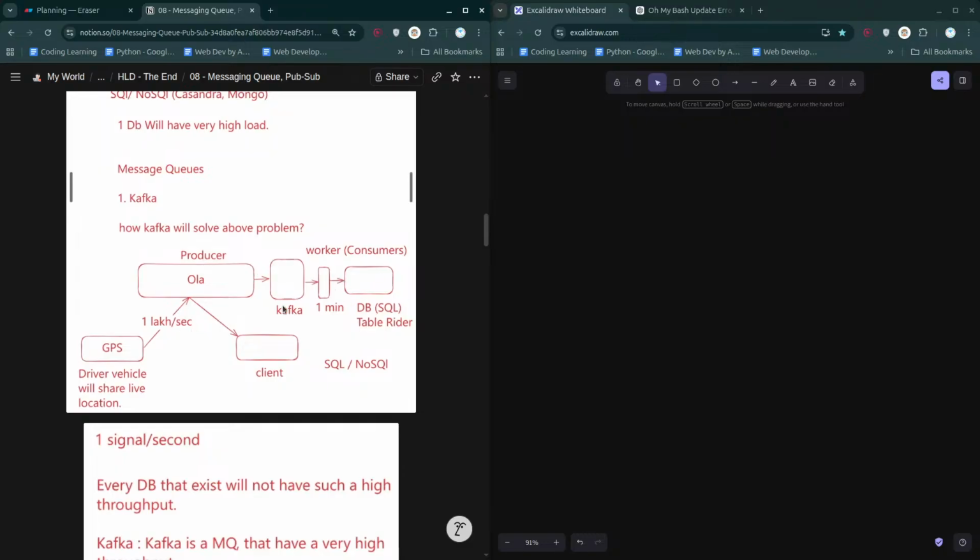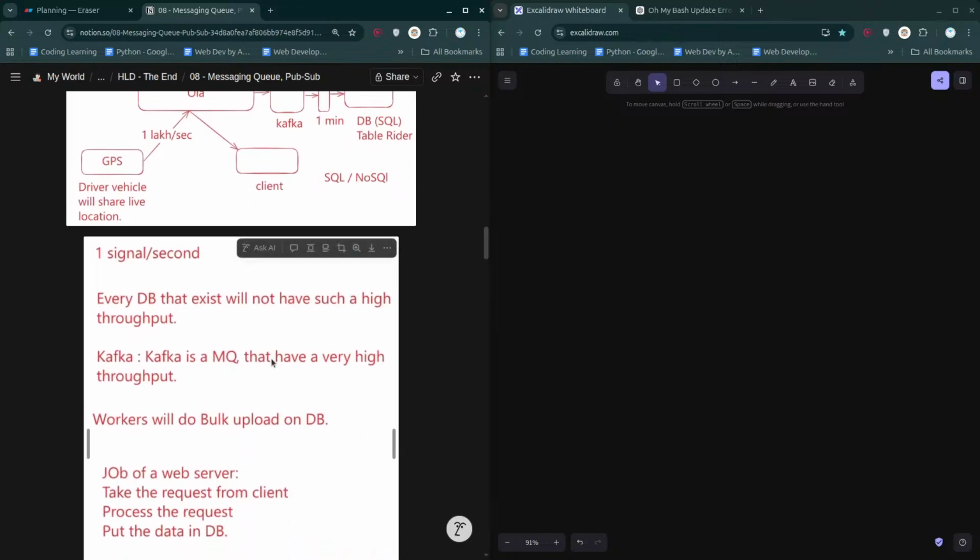Hence you need to save these entries in the database. Why? To know more about your customers. The other thing is that if the client logs in after some time, since the entries are in the database, the client will be able to see the whole route, exactly which way the rider came. So it's good to simply save the entries in the database, and then we will also notify the client.